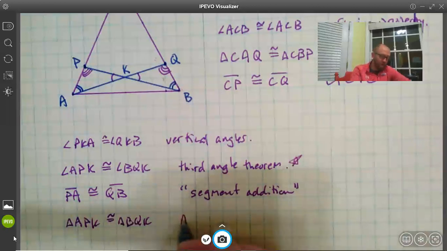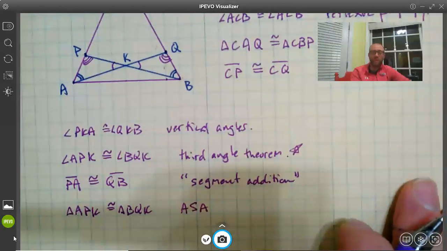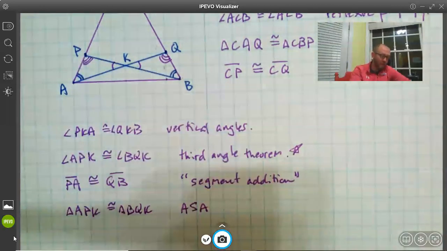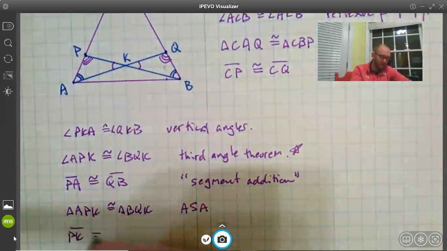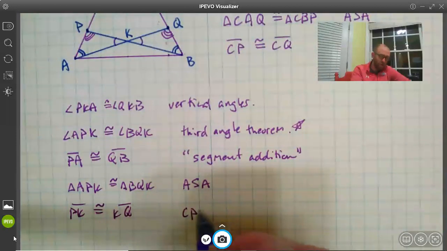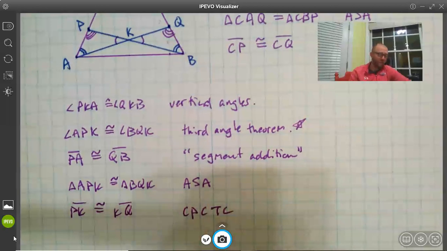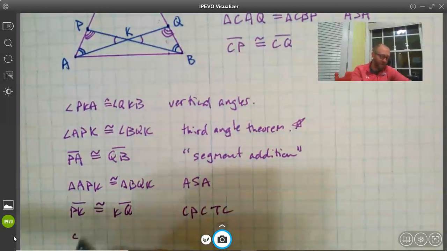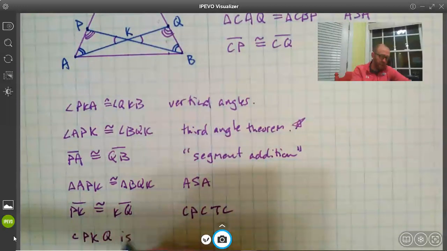Alright, by angle, side, angle. Right? And therefore we know that PK is congruent to KQ because corresponding parts of congruent triangles are congruent, and therefore we know that CPKQ is a kite